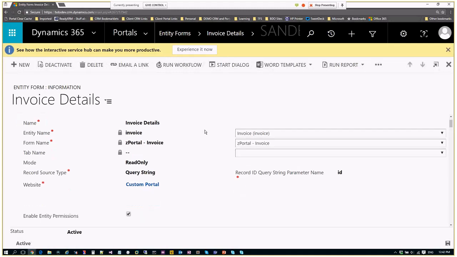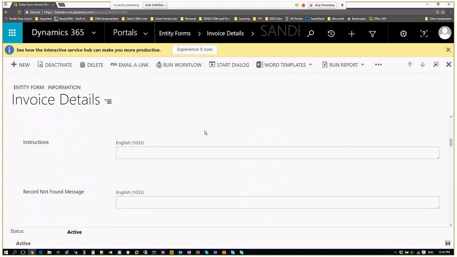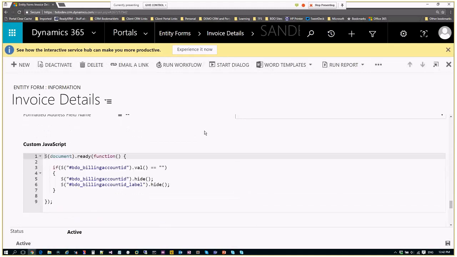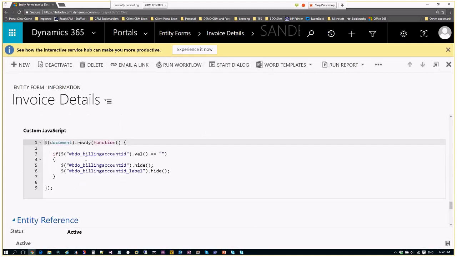If I'm just looking at this entity form here, because I've added JavaScript on the CRM side, I wanted to make the billing account visible if it existed or not. So if I had that JavaScript on the CRM side, it's not going to transfer over. However, within my entity form, or I could have done that on the page as well, I'm actually going to use JavaScript here. You see the format is a little bit different. I'm using that hashtag and the entity name. Again, it's very simple JavaScript. Not only am I hiding the field, I need to hide the label as well.